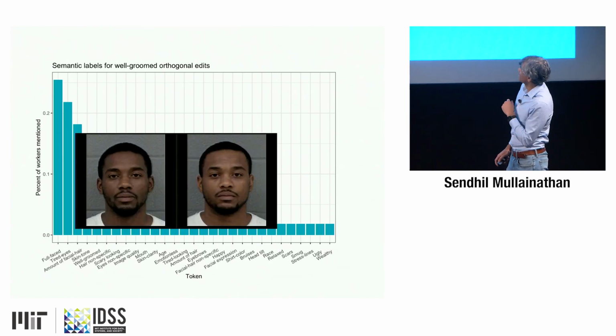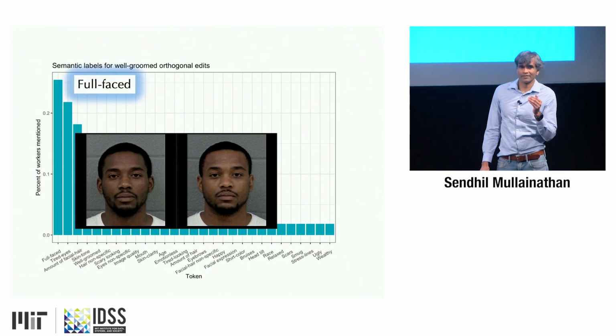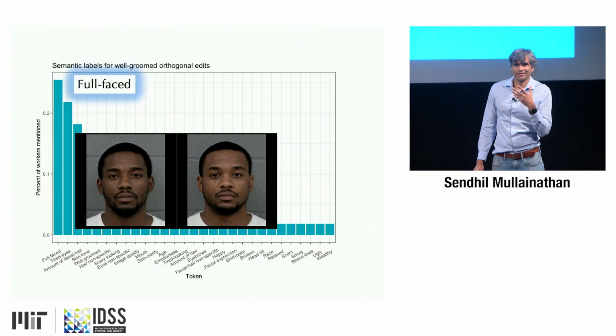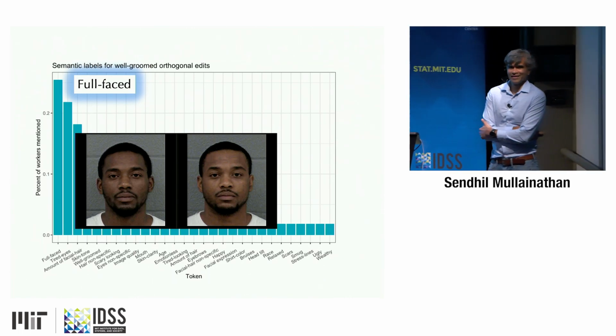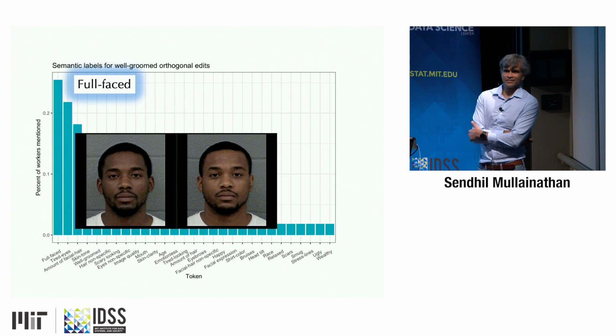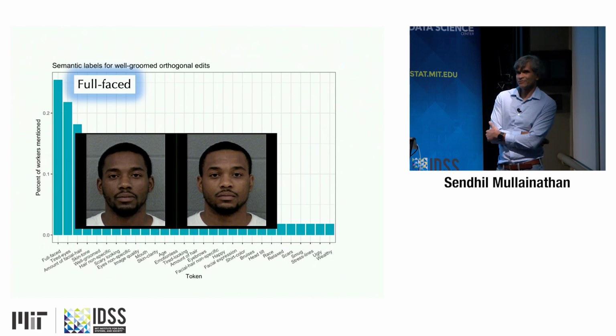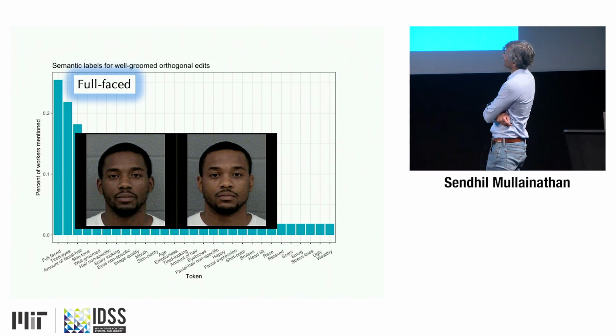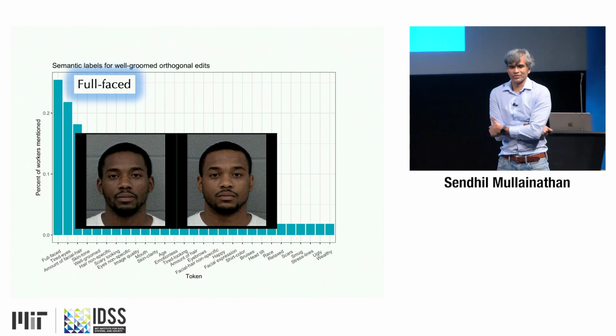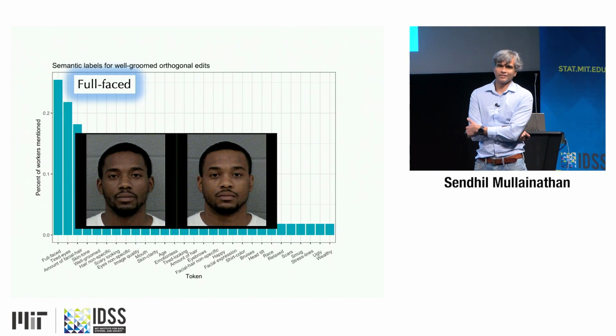And when you ask people what you get, it turns out that it's something like full-faced, or heavy-faced, or fat-faced. But interestingly, unlike well-groomed, where I'm sure you all had an intuition that the well-groomed person is more likely to be released, I'm curious whether people have an intuition whether the fat-faced person is more likely to be released or jailed. When I do this with audiences, I get about 50-50. But in fact, being full-faced is strongly predictive, and is predictive in the direction that full-faced people, the made-up person on the right, is much more likely to be released than the person on the left.